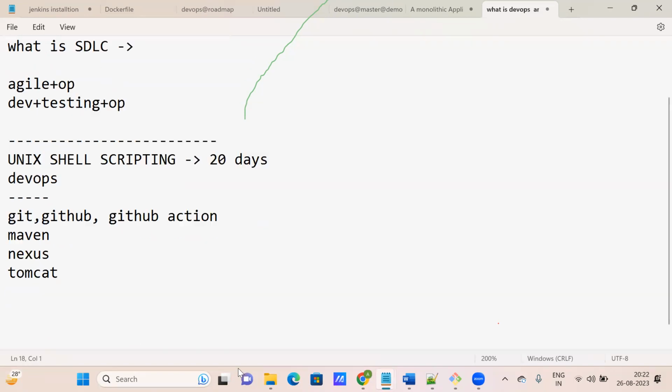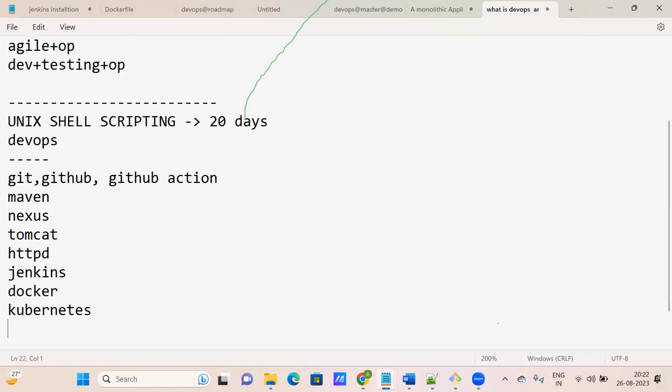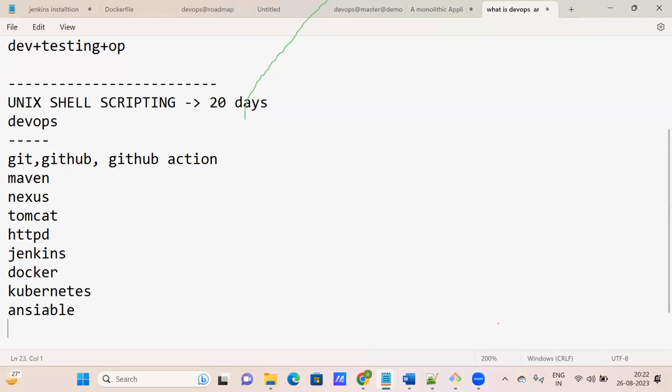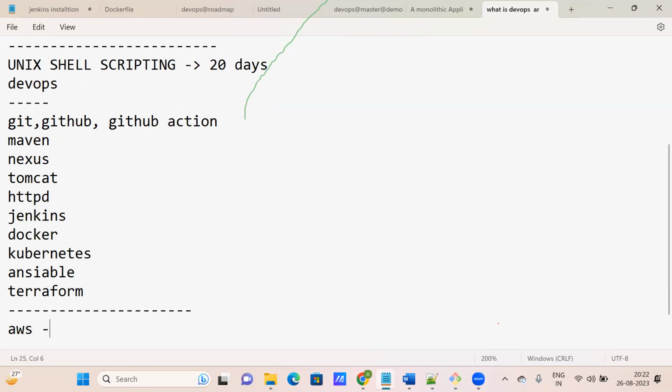Okay, I'll tell you all the tools tomorrow. HTTPD. Then Jenkins, then Docker, Kubernetes, then Ansible, then Terraform. Okay, these are your DevOps tools. After that, AWS, all services, around 20 services we are going to complete.